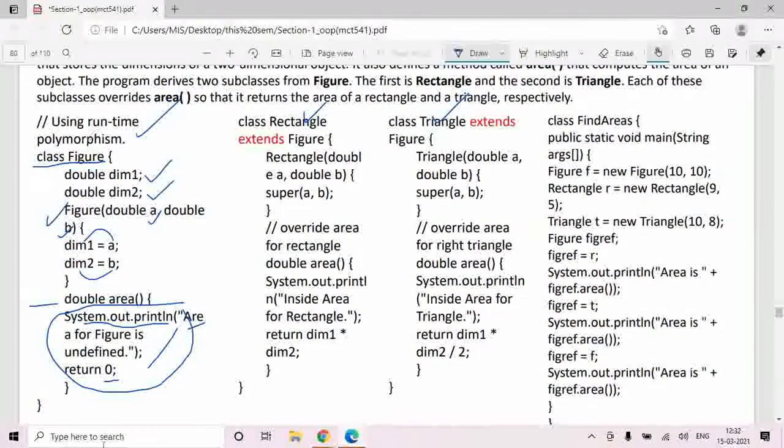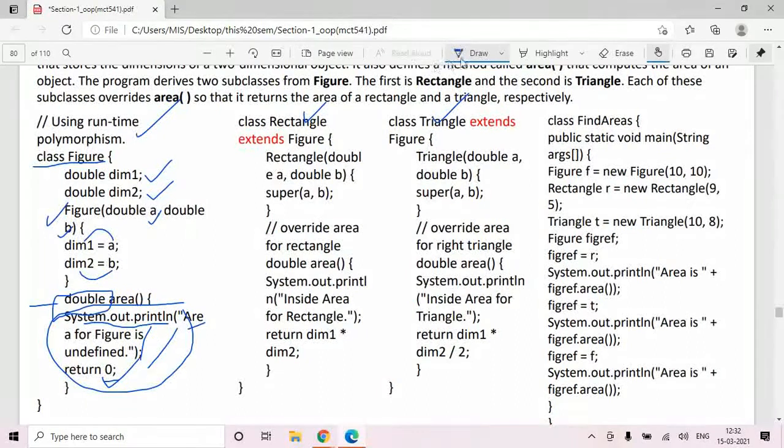So this is a class figure. You have 2 variables, a constructor function to initialize these 2 variables, an area function which simply prints a message and returns 0, because the return type of this is double, so you need to return something.